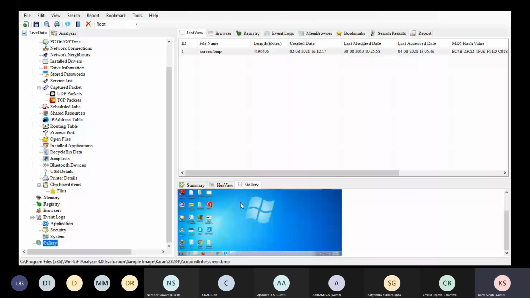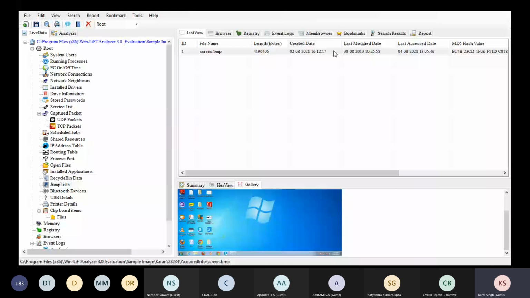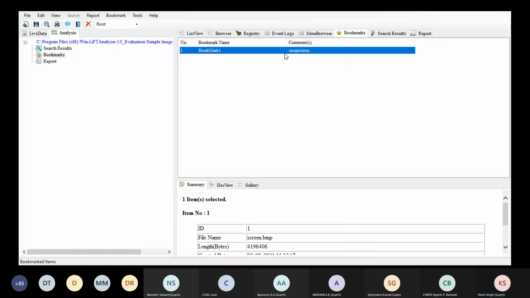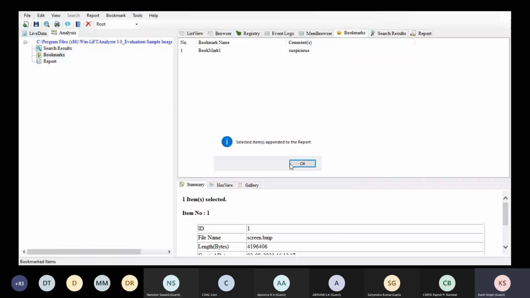Some application was there, we can get the screenshot and we can show it as a supportive document. When we reach there, this was happening, and all other things we can just append to the report. We can bookmark it, and we can get into the result that this was suspicious. We want to produce it as a supportive document in our report, and this we need to attach along with all